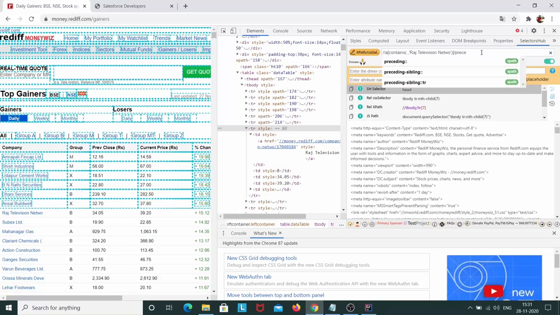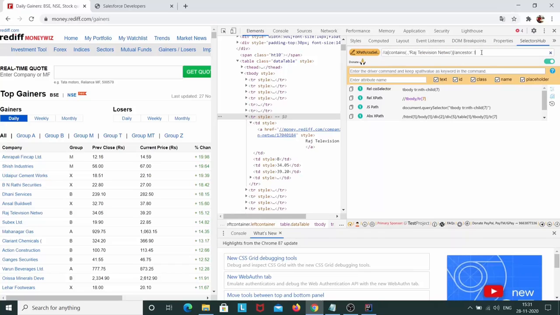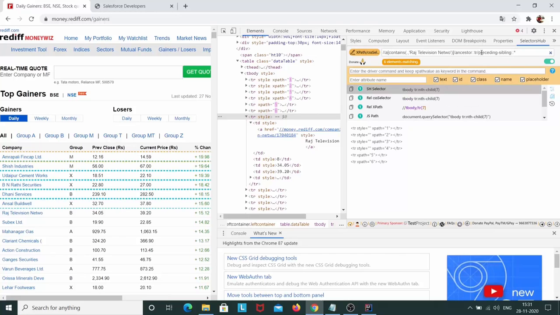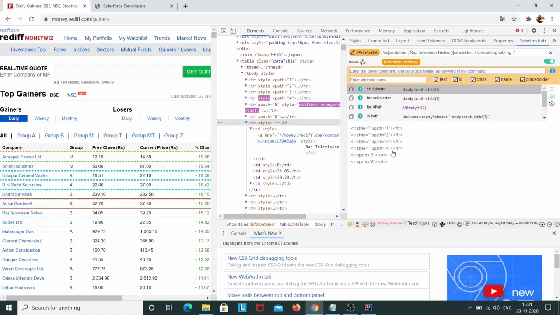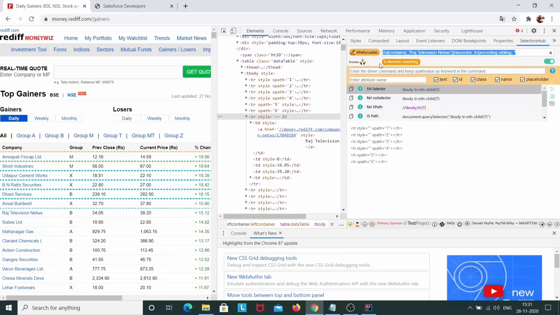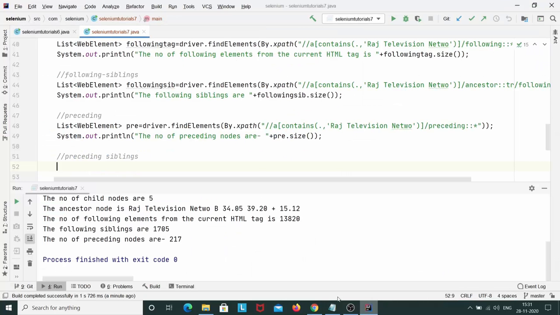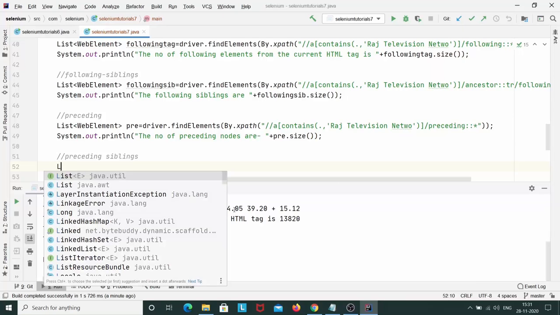So what I'll do is I first traverse to the ancestor. We have the ancestor tag, that is a tr tag. Then I'll write one slash, and then I will write preceding siblings, and I'll write the asterisk sign. And you can see we have 6 elements matching over here. So I'll just copy this XPath, and I'll write list